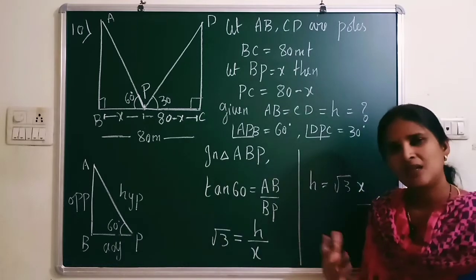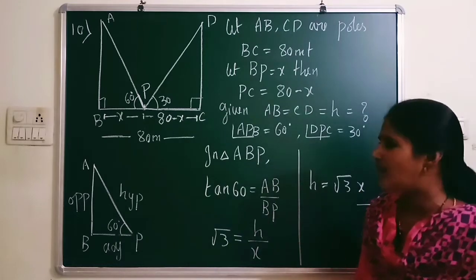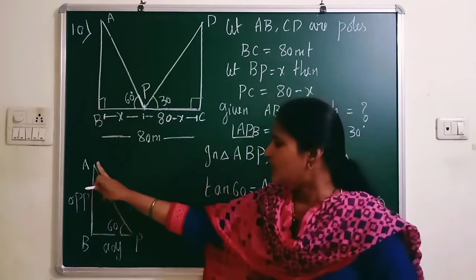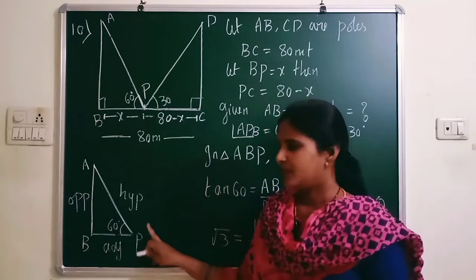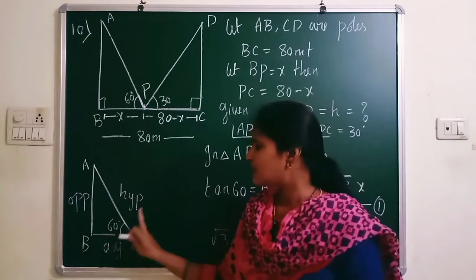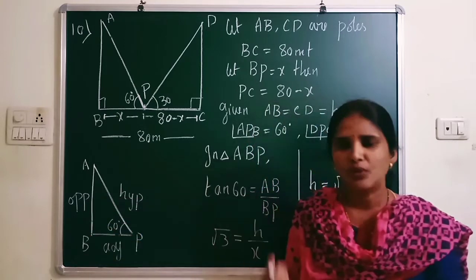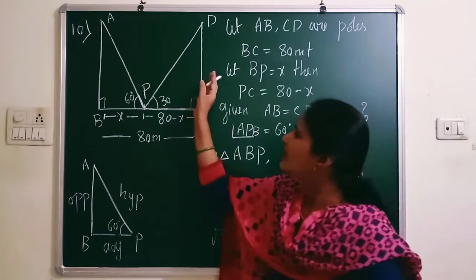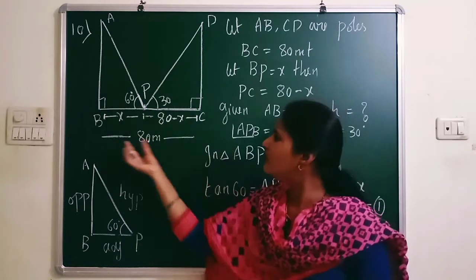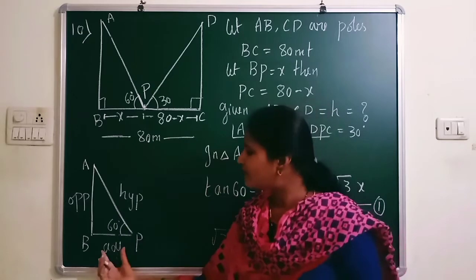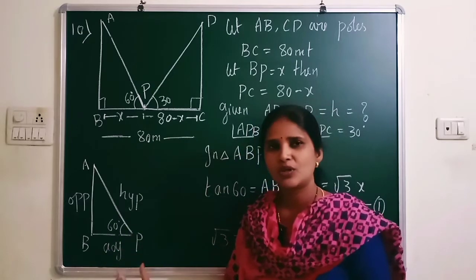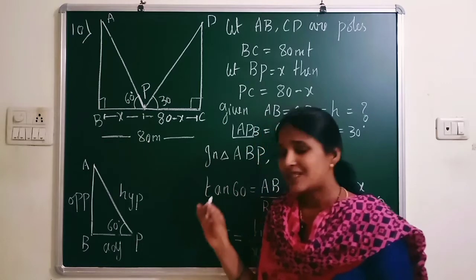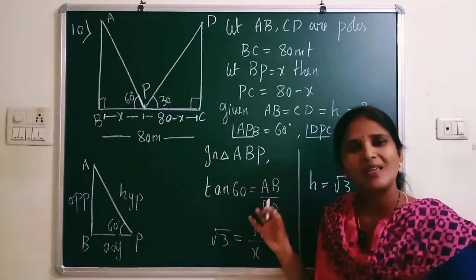Now consider any one triangle as you wish, any one triangle. Now I am considering the triangle ABP. So in triangle ABP, here you can see three things. I said already, whenever you know one thing then you can take that. But here we don't know anything. Particularly the height of the poles is unknown, but only we know this width. But that width also is a question mark here. That is also completely unknown in this part. That's why now be careful. And this is a very important question because it is incomplete data.